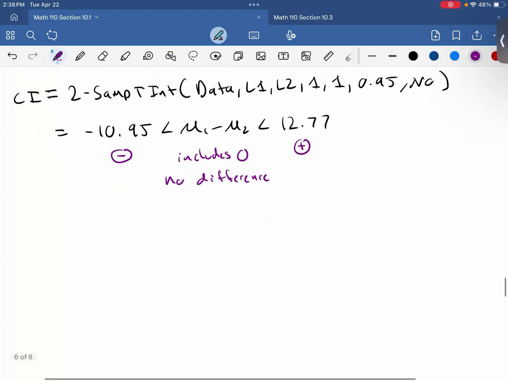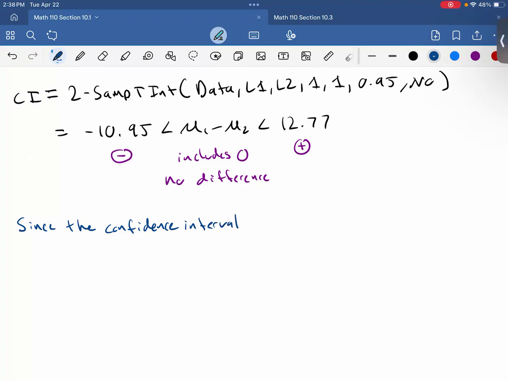So what we write as a final conclusion is: since the confidence interval does include 0, it appears that there is no difference